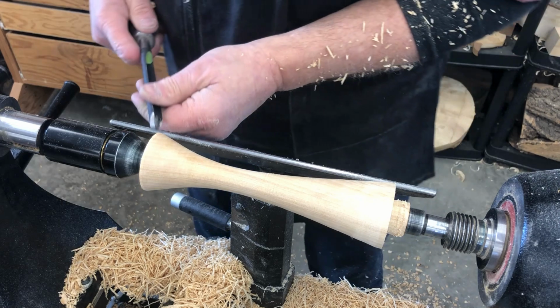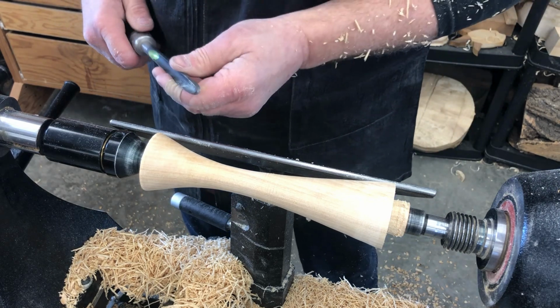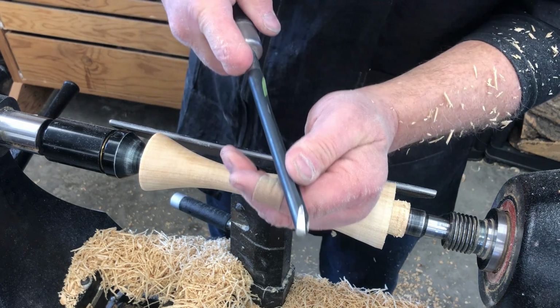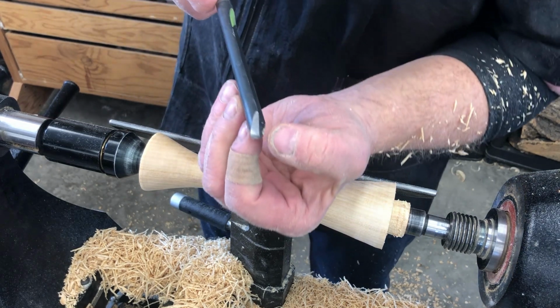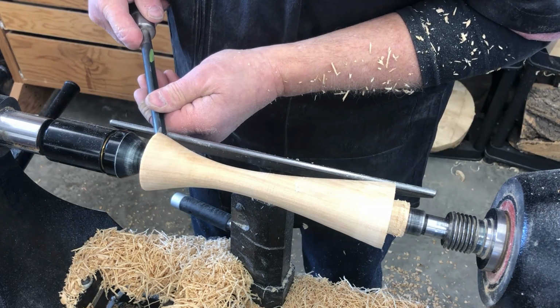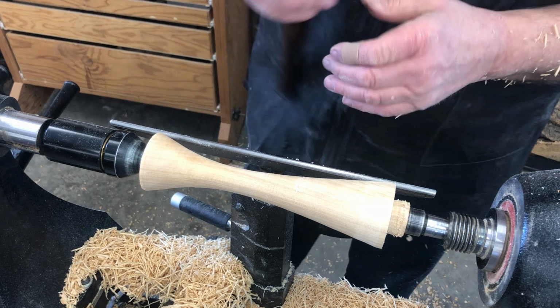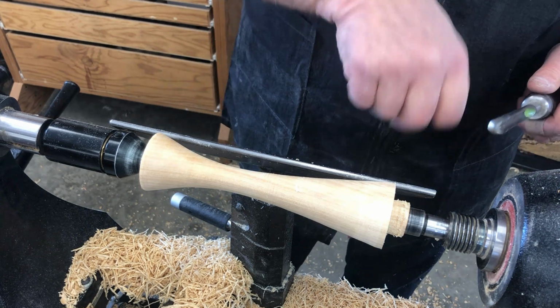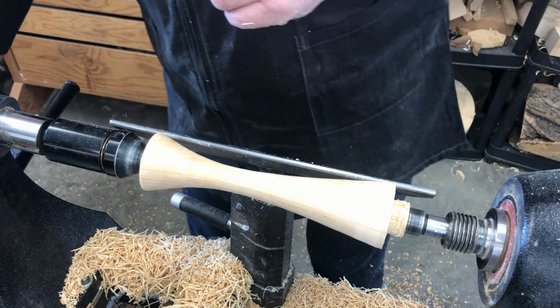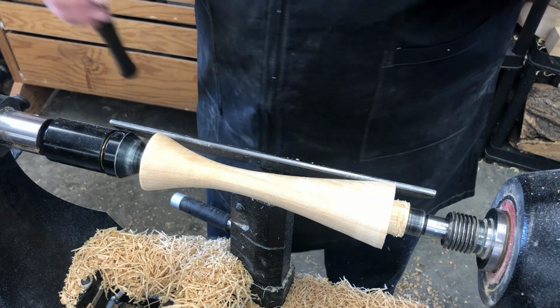spindle gouge and we're going to demonstrate two types of cuts. One is a shear scraping cut where I'm going to be cutting on the lower lip and just kind of scraping that off. I'm hoping you can see that. And the other one, maybe I should do both of them on this end just in case. Okay, let's get back to the skew for a second and